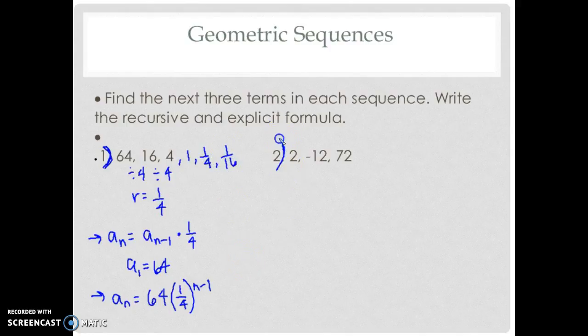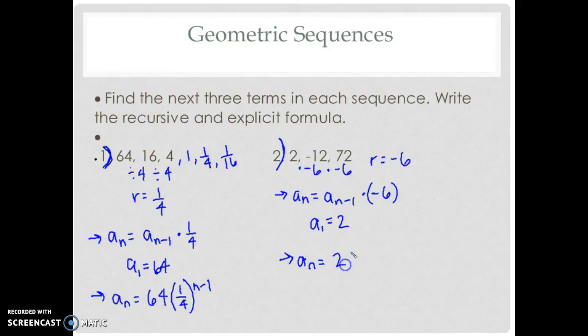For number 2, I go 2 to negative 12, I multiply by negative 6. Negative 12 to 72, I multiply by negative 6. So my r equals negative 6. My recursive formula is a sub n equals a sub n minus 1 times negative 6, and we'll put that in parentheses. Then a sub 1 is 2. For my explicit, a sub n equals my initial term, 2, times, in parentheses, negative 6 to the n minus 1. And then my next three terms